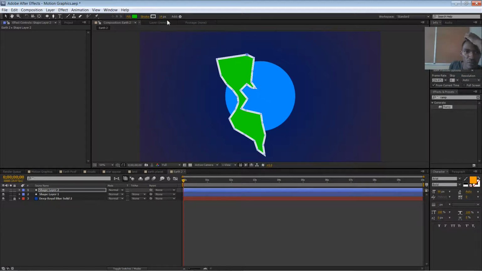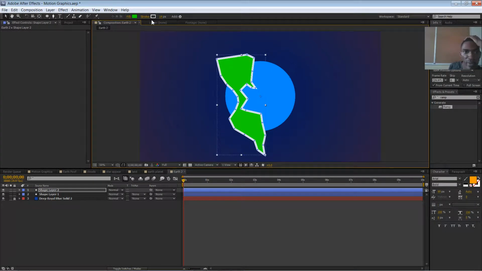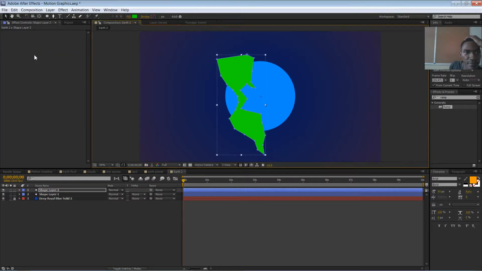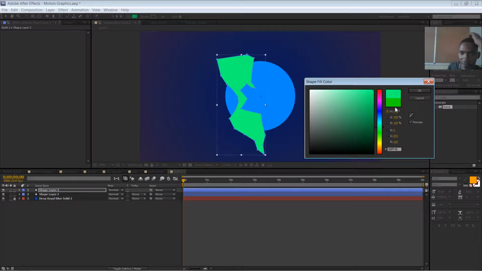Let's remove this stroke. We don't want a stroke on our shape here. So we just choose stroke, and rather than changing the color, we can always click the word stroke and make it a non-stroke, right? So that's the color of Earth. You can always change the color, make it bright or purple or whatever you want it to be. Purple Earth,